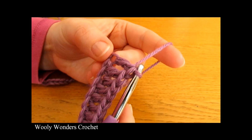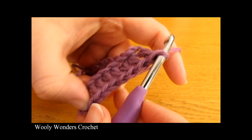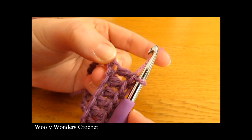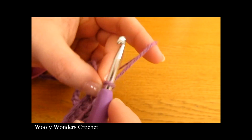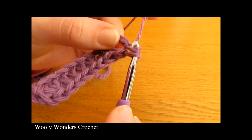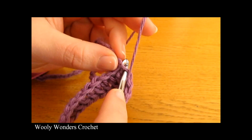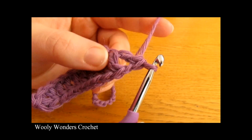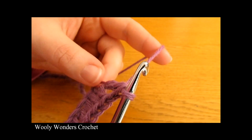So I have just finished working those double crochets, and I have 1, 2, 3, 4, 5, 6, 7, 8, 9. And now into the next chain, we are going to do a double crochet, then chain 1 and then a second double crochet all into that same chain. So yarn over and go down into this next chain here and do a double crochet, then chain 1 and then yarn over and go back down into the same chain for a second time and do a second double crochet. So there we have double crochet, chain 1, double crochet all into that chain,